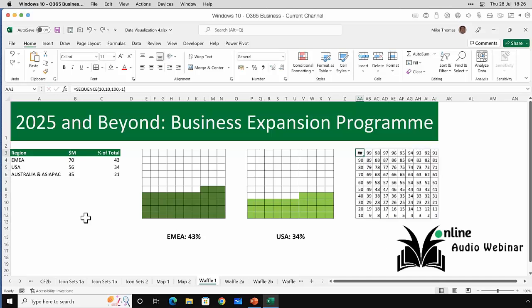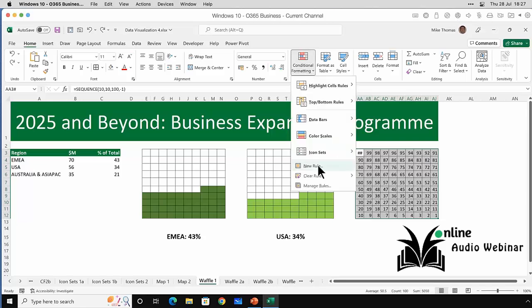There is another way to do it. So if you don't have the SEQUENCE function, there is another way that you can do that using a formula. Select all of the cells, and then go to conditional formatting and then